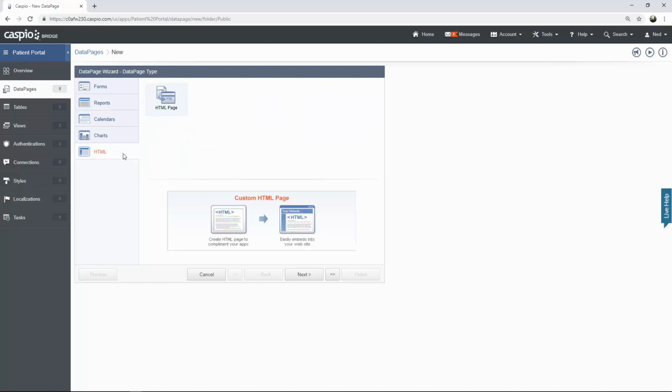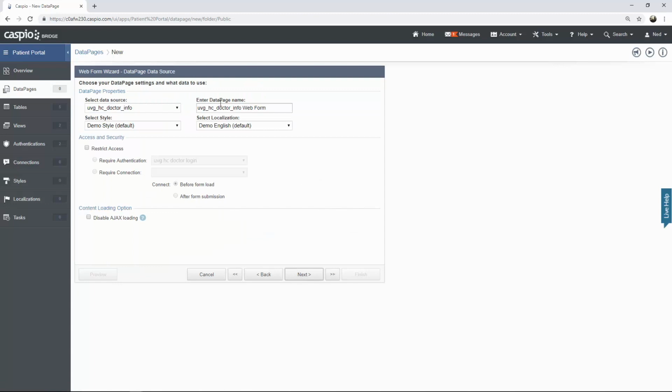And finally, if you're a little bit more technically adept, if you know how to code in HTML, you can build more robust and sophisticated applications using this data page type. But as I just mentioned a minute ago, I'm going to be building a submission form to allow patients to self-register. So you select this data page type, you click Next, and then using the data source dropdown,